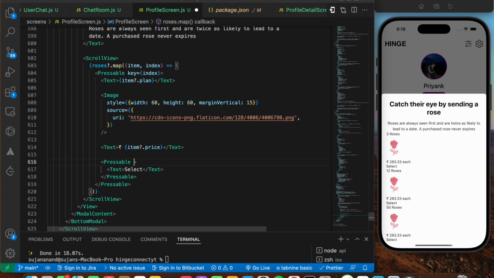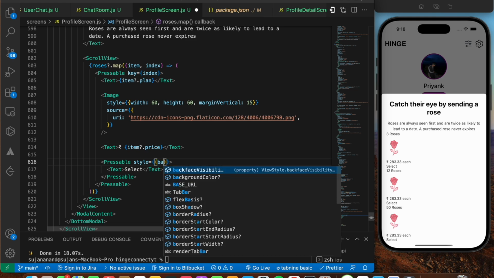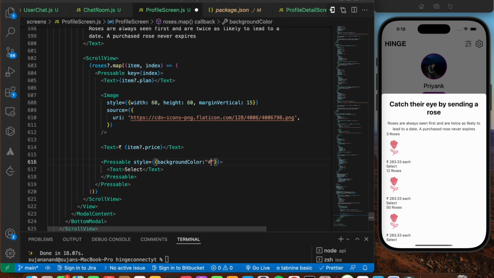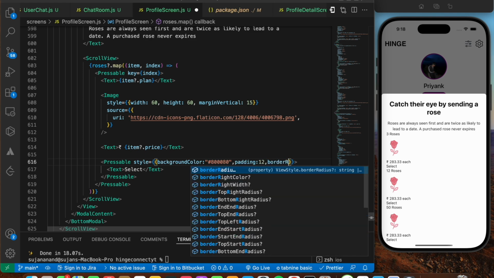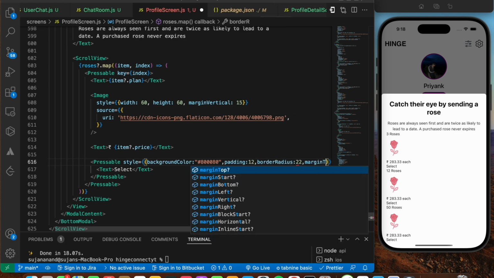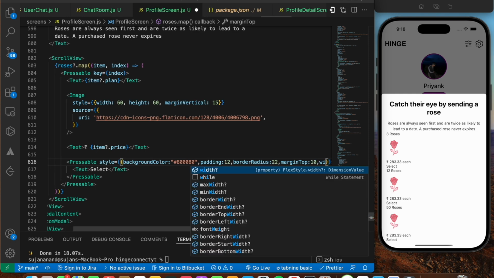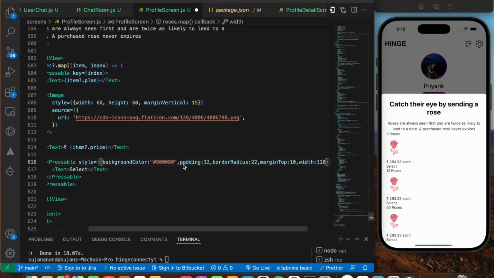Let's start off by styling the pressable, which is your button. It's going to have this particular background color, that is 80080, and it's going to have some internal spacing, padding of 12, border radius of 22, margin top value of 10, and a specific width of 110. So format,